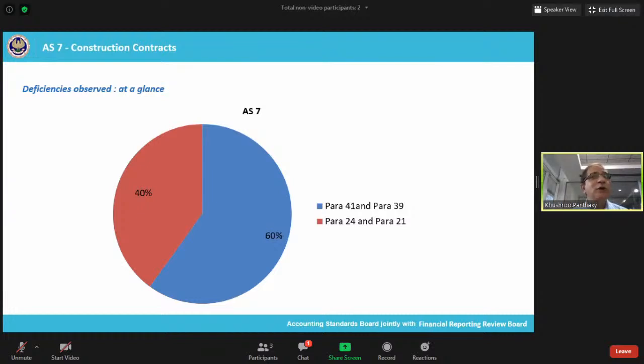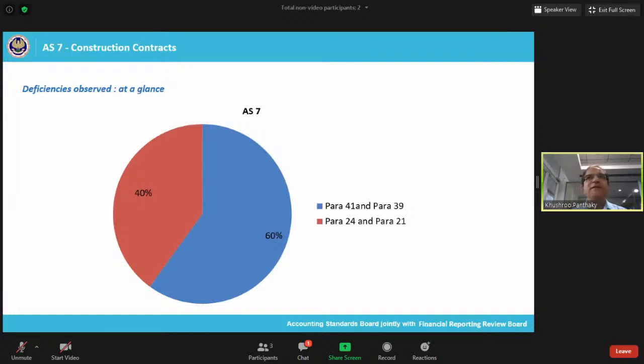It applies only to construction contracts. I keep repeating this again and again in every seminar that construction contracts is not applicable to a developer who is developing a particular property or a particular estate. It is applicable to those individuals who are involved in the provision of construction services. And therefore, construction contracts are applicable only to those organizations who are in the business of construction. And therefore, the recognition of revenue will be based upon certain milestones being achieved during the course of construction,